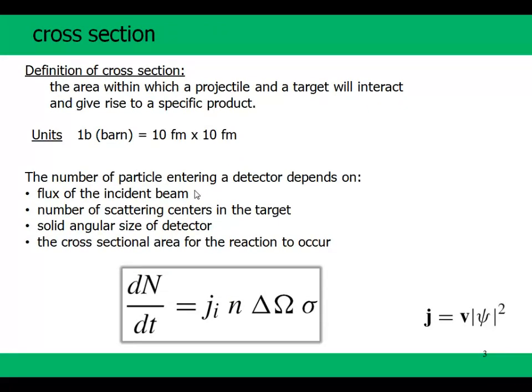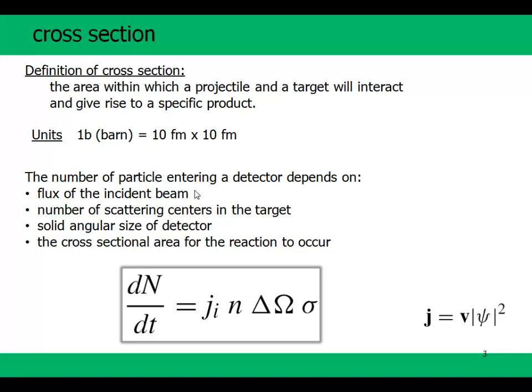It's that concept. So the number of particles we get per time in the detector will depend on a bunch of things. This has to do with the flux of incoming particles. Then n is the number of scattering centers. That has to do with the density of the target. The solid angle of the detector that you very well identified, and then something else that has to do with the probability of actually occurring a reaction. And that something else has units of area and is called a cross-section. Okay? So it's this concept that there's something else that determines how many particles I get in my detector, and